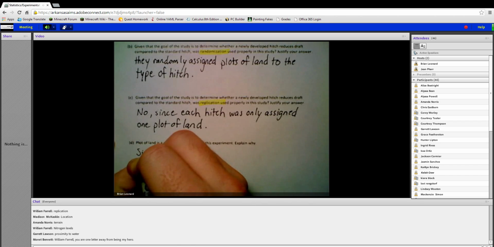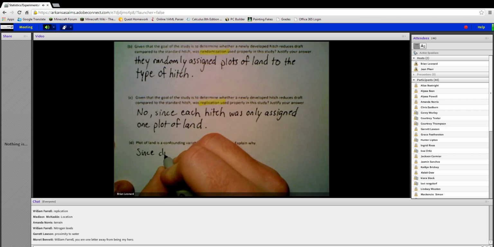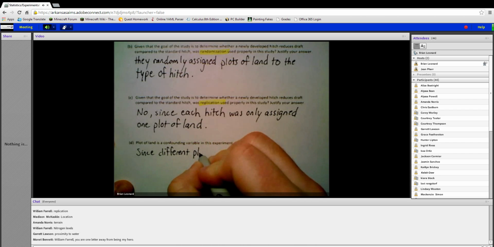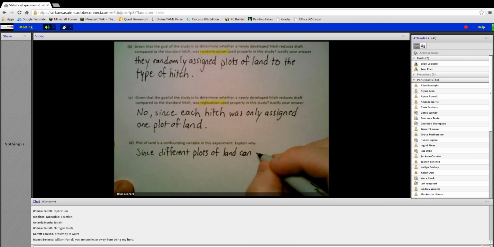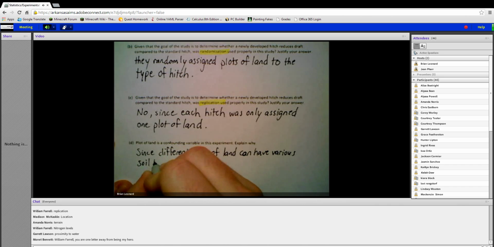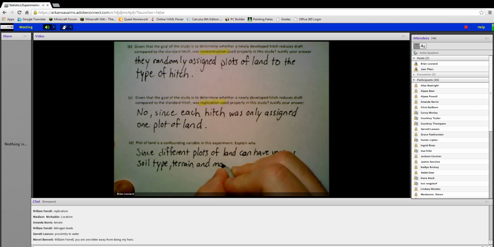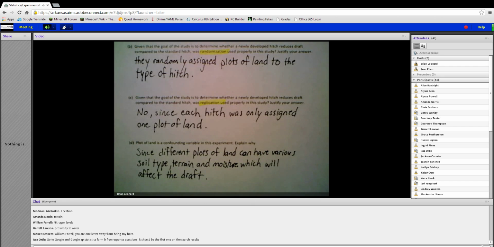Since different plots of land can have various soil type, terrain, and moisture, which will affect the draft. Now, we, oh,